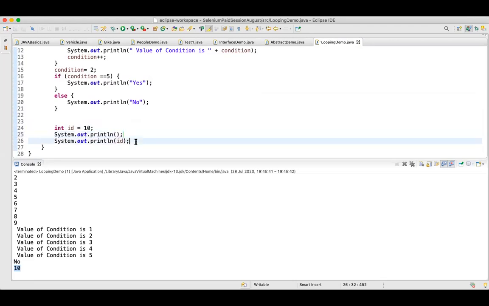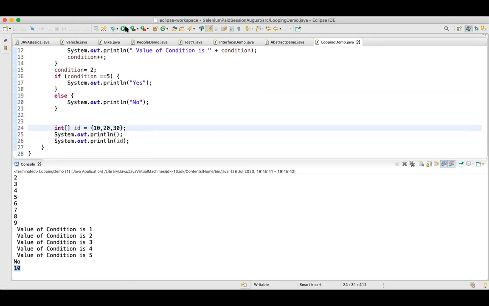Let's imagine I want to store 10 IDs, right? Can I store 10 IDs in this single value? No, right? Because this is of type integer and it can store only one value. So if I want to store multiple values in the same variable, I have to define an array, right? I can say integer id and I can define multiple values, for example, 10, 20, 30.